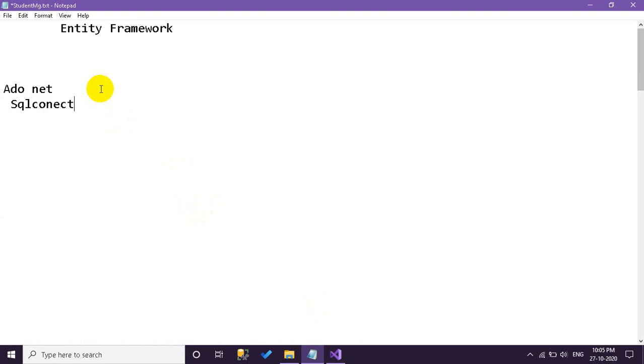So many classes are there, and we have to manually do the entire operations and sometimes the mapping between the models and stored procedures. These things are very difficult for a developer.